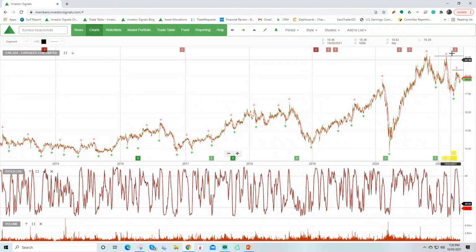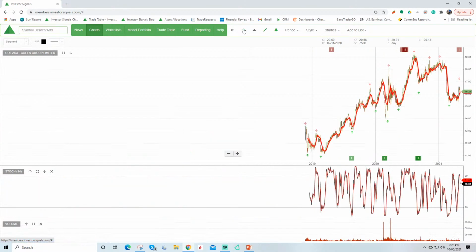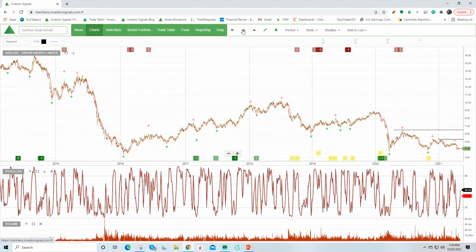Car sales, we've taken profit on this. It's rolled over, made lower lows, lower highs, and we've removed that from portfolios. Coles Group, under sell conditions. We haven't yet removed this from models, given that the trading update wasn't that long ago. And we're pretty comfortable that the market's still searching for income across names like consumer staples like Coles and Woolworths. But if you're trying to make a decision between the two, Woolworths is the preferred exposure at the moment.